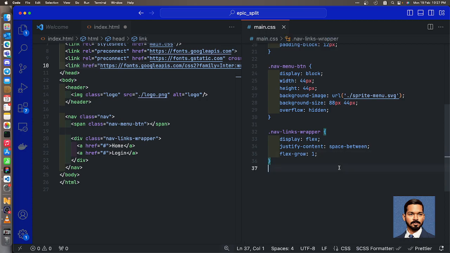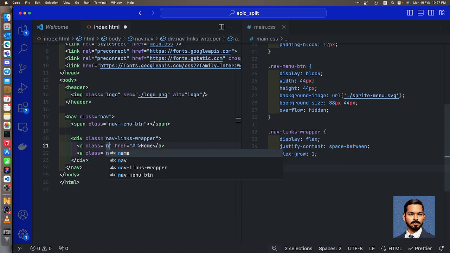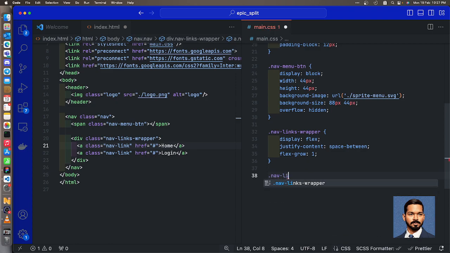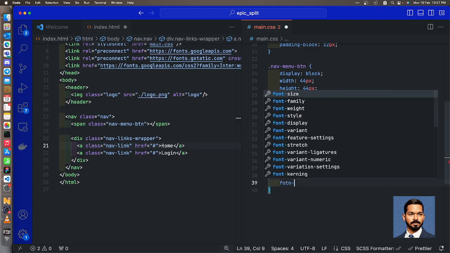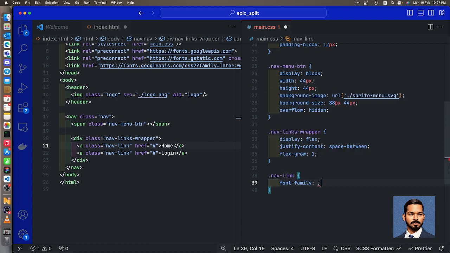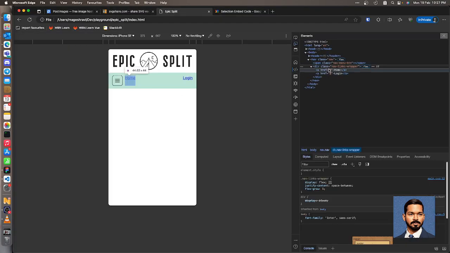And for all, I think it should automatically take the Inter font family. It's taking the Inter font family, just that we don't have